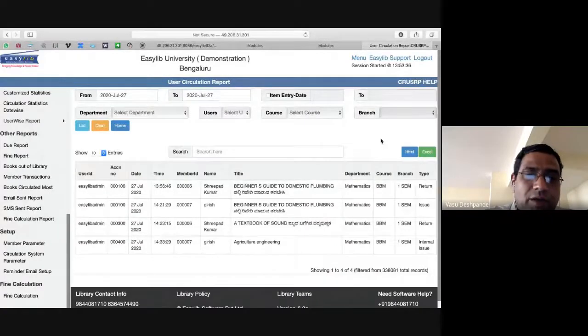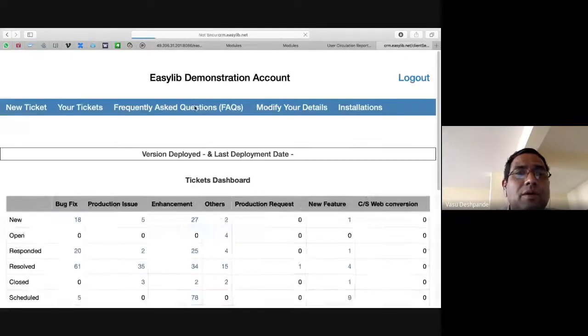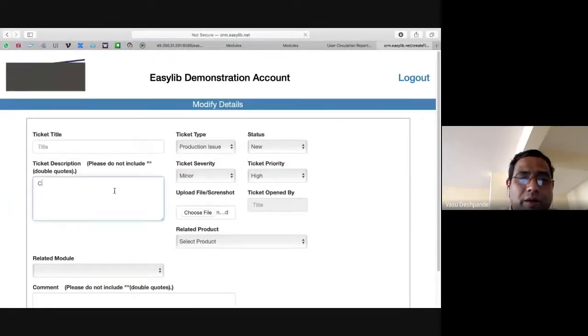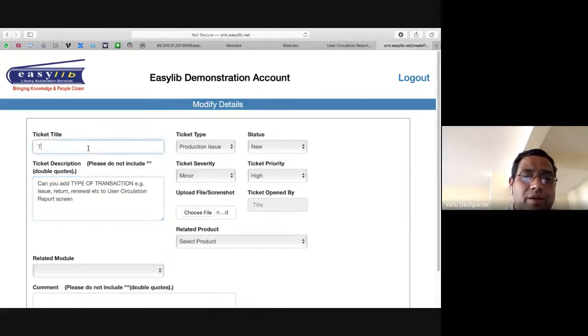Let me take a screenshot. Most of you, or rather all of you, also have this particular feature. Just copy the screen name, and for any enhancements or changes you want, you can click on the support option. Go here and ask: can you add type of transaction, for example, issue, return, renewal, etc., to the user in the screen? Type of transaction in